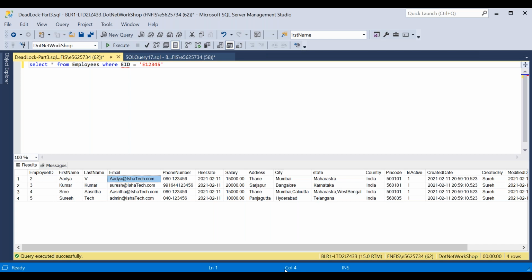SQL Server will keep the records in a logical order, ascending or descending. Say employee 1, employee 2, employee 3 are the names.